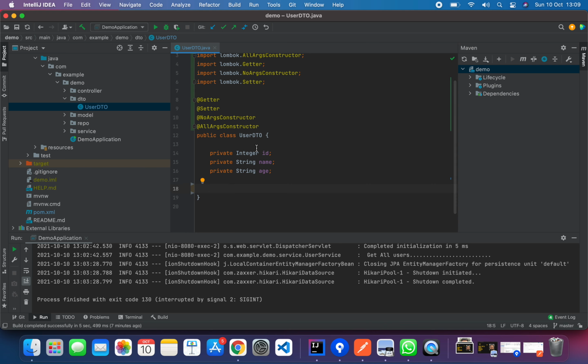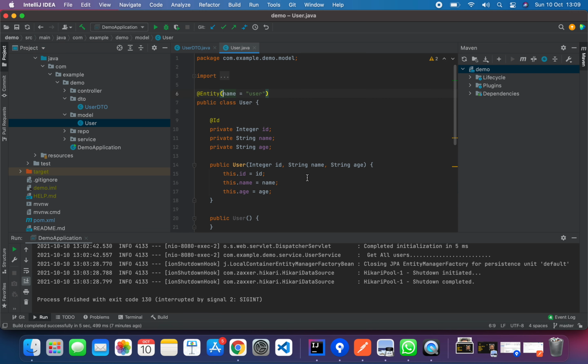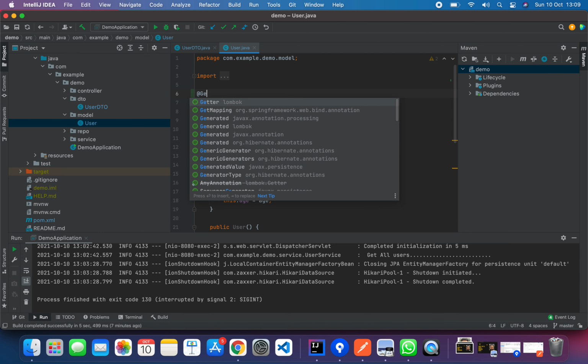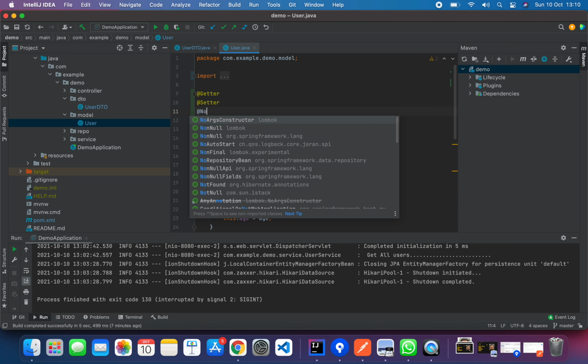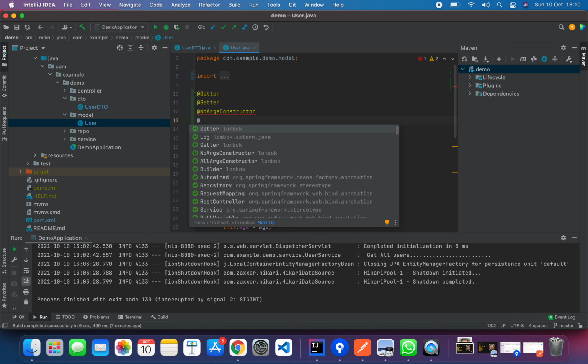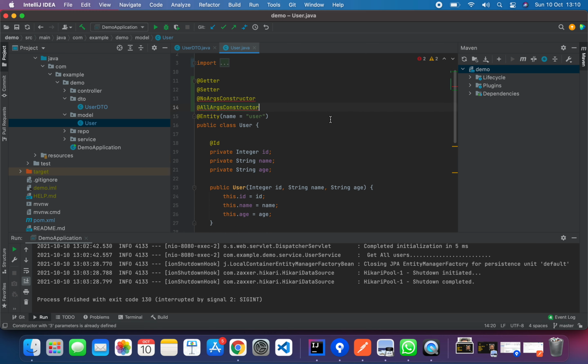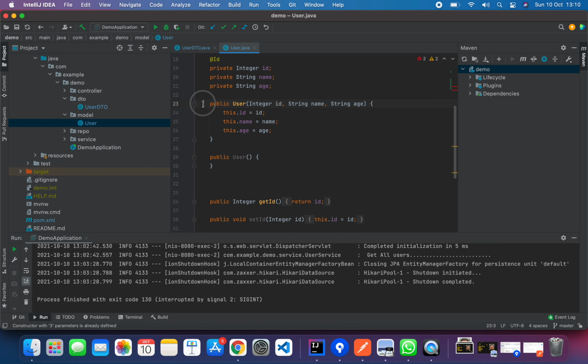Once you have Lombok, you can simply add those annotations, and then the getters, setters, and constructors are already available for you. I'll apply the same thing for this model class as well, which is my entity class, right? So I'll add the same dependencies, getter, and I'll add the setter here, and the no args constructor and all args constructor, right? Done. So let me remove all these things,